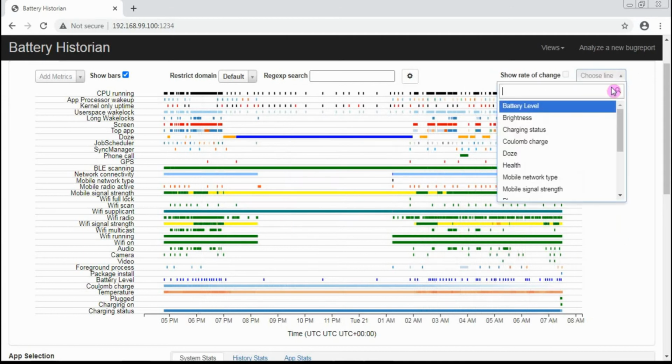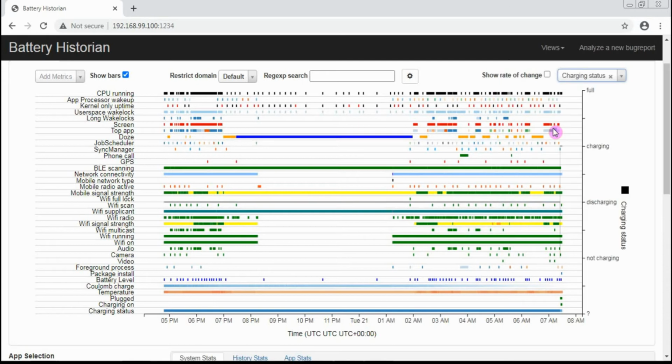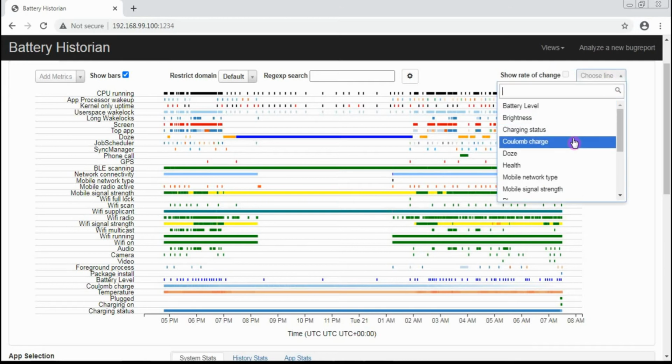If I remove this, and you want to add any other metrics, say you want to check the charging status, you can see here it was full, then in charging state, then discharging, then not charging. So this is the particular graph level. Again, these pointers are not that important in your particular log usage.